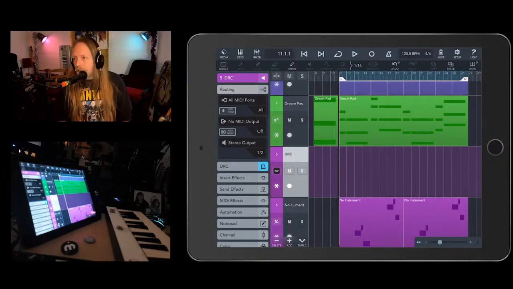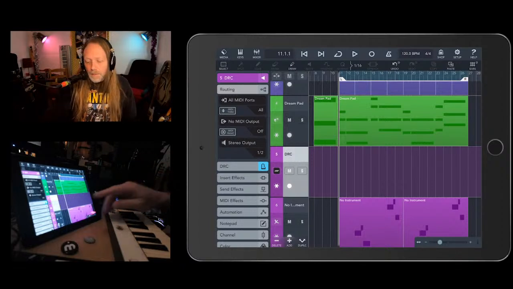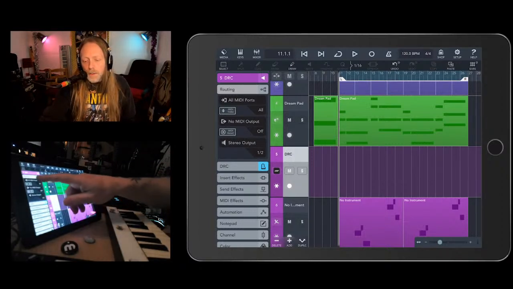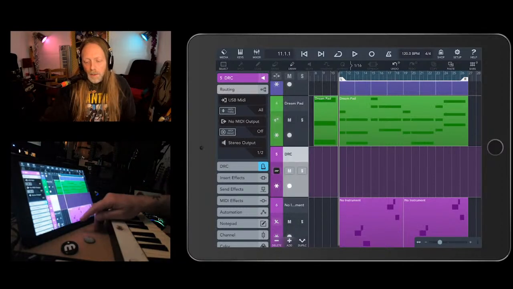Okay, now if I can remember how to set this up right, we should be able to play DRC with the DR5. So, how do I do this? Go to routing, and we'll want USB MIDI, I believe. And then we'll need to arm the track,